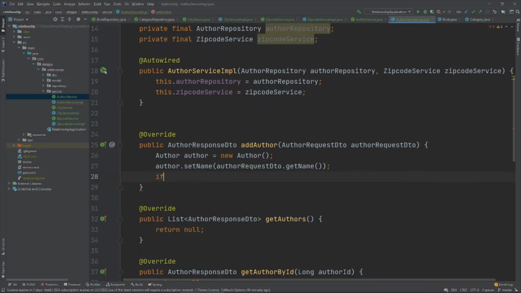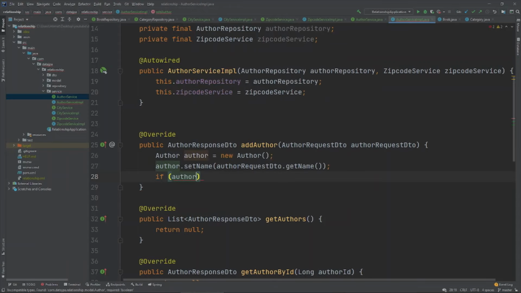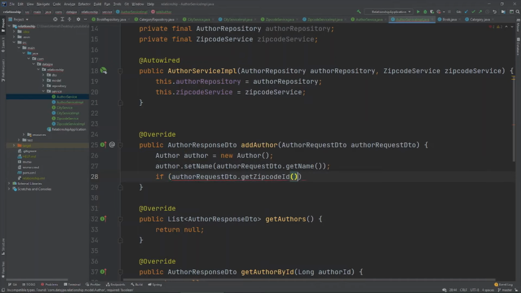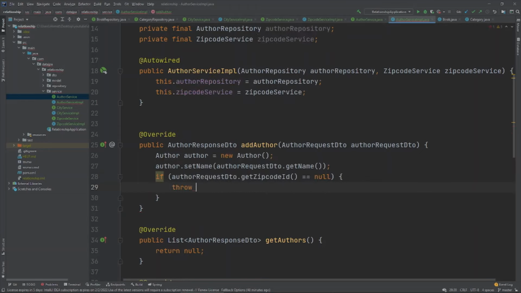So if author request DTO get city, a zip code ID, then throw new illegal argument exception. Author needs